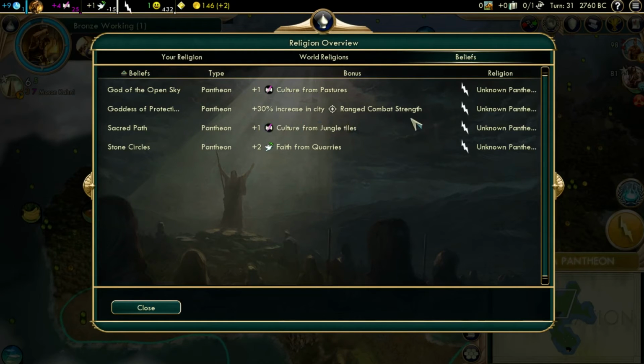30% increased city ranged combat strength. This one is really highly prioritized by AI. They almost take it first or second. So it's really good. Culture from pastures, actually, as Attila, it's especially good because you want extra pastures for extra production, plus the extra culture then. For Attila it can be really good. So that's a situational one where it should have some extra consideration. So yeah, combat strength can be useful to defend yourself. But I prefer to get extra faith, culture,